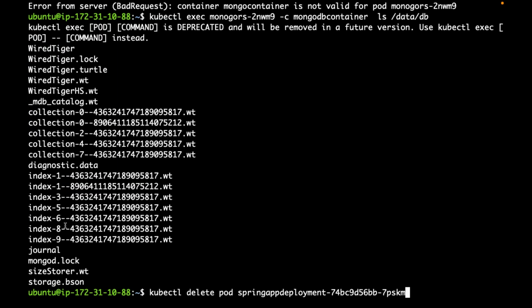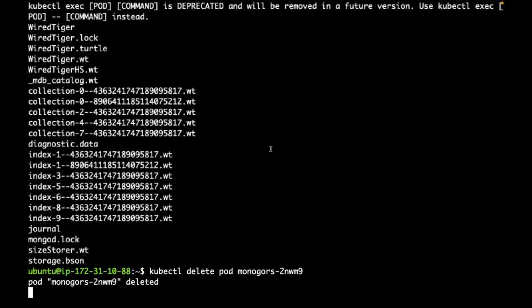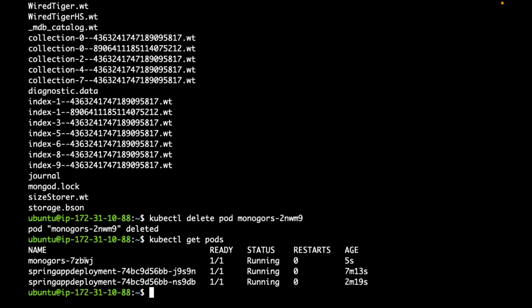Suppose something went wrong with that pod. I'm intentionally deleting that pod, but the pod is recreated. Who recreated that pod? Who is managing that pod's lifecycle?